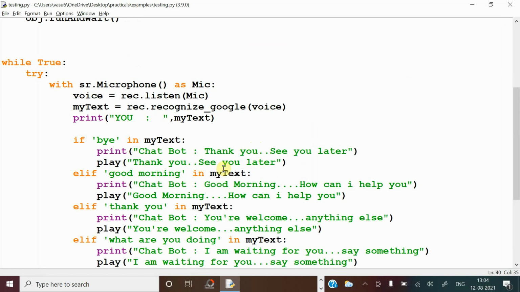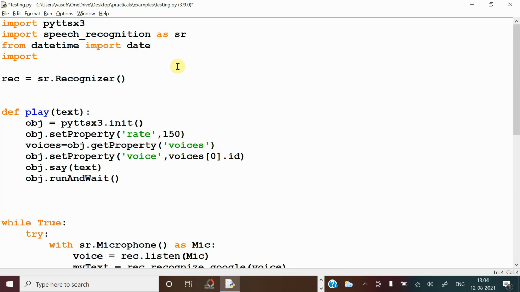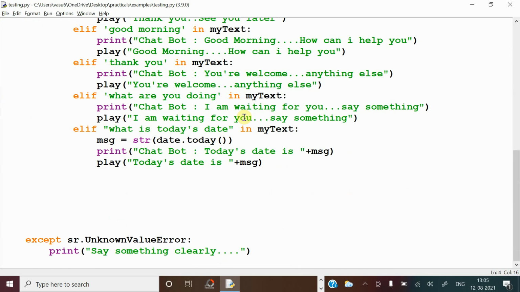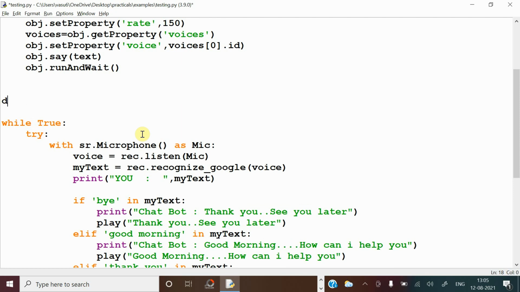For this, you have to import one module. The module name is Wikipedia. So we are taking the data from Wikipedia and it will speak. So let us see how to do it. Import. So this module should be imported. Whenever you give any question, from that question the keyword to be searched should be taken. That's why I am calling one more function to get what keyword should be searched. Simply I'm keeping here: def get keyword to search.